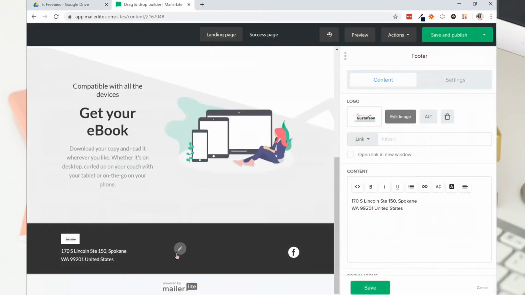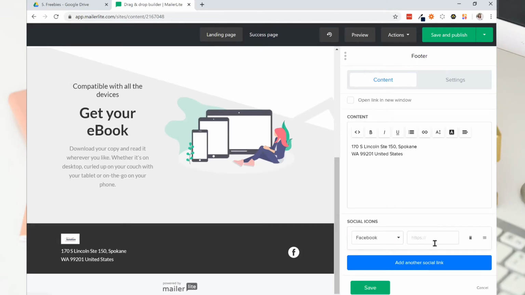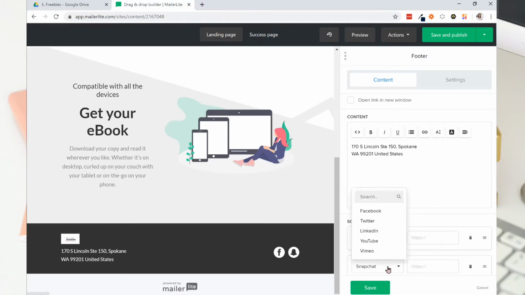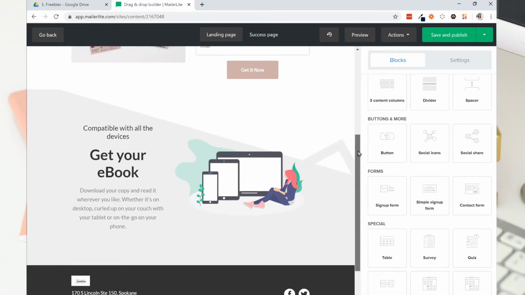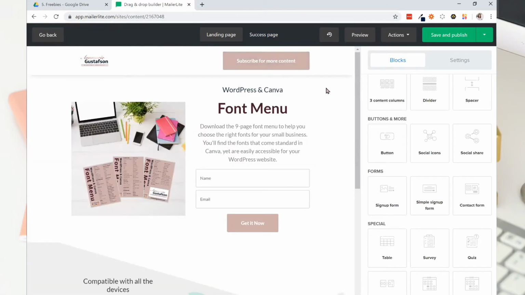logo. And then you can make sure that you have the Facebook. Make sure you have your Facebook page in there. You can add Instagram, Snapchat. You can add YouTube, LinkedIn, Twitter. You can add any of those. So you would just put your page in there. Make sure you click save. You will see this powered by MailerLite at the bottom on this free plan, but that's okay. So now we could save and publish